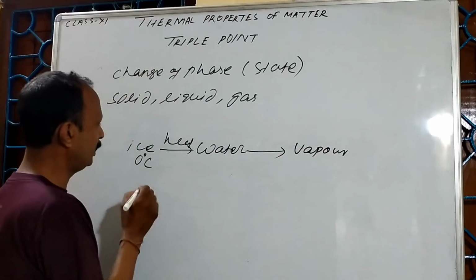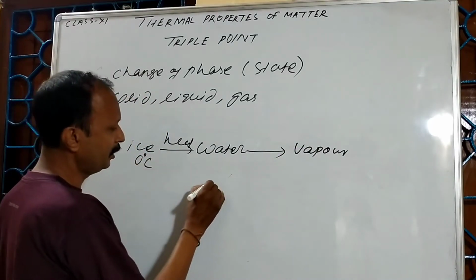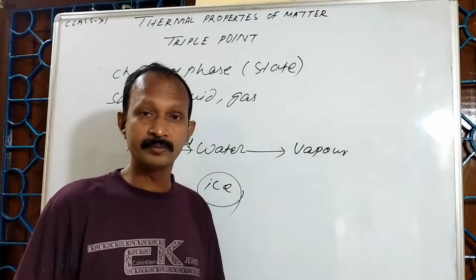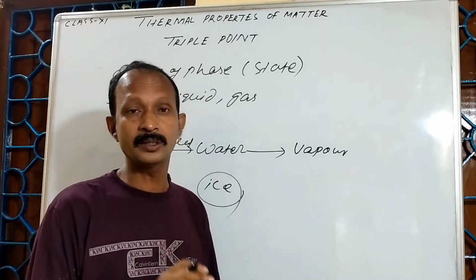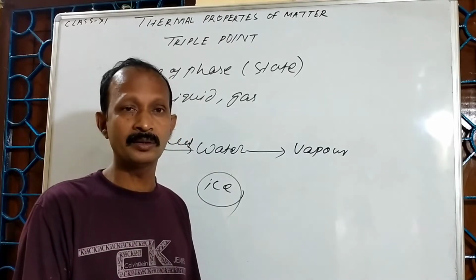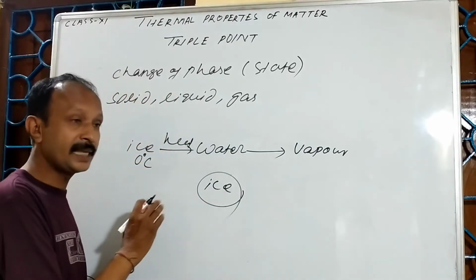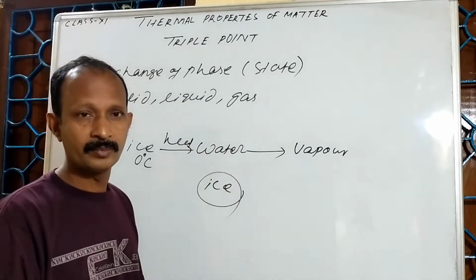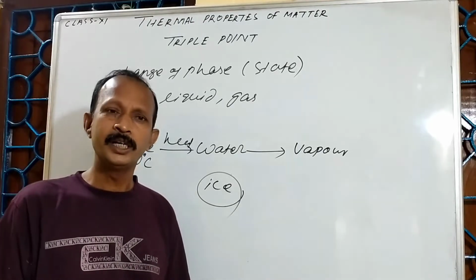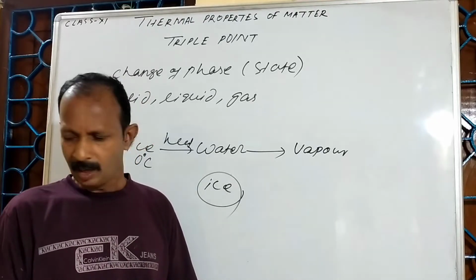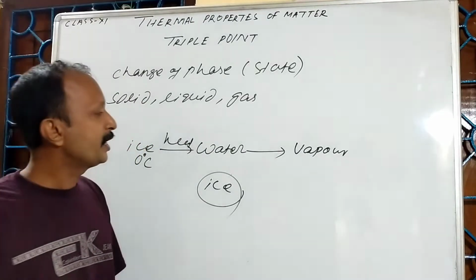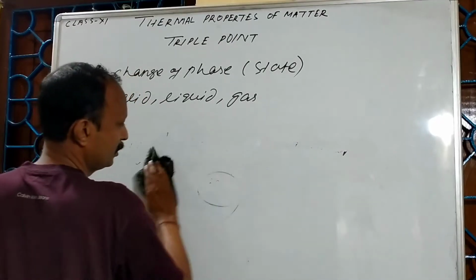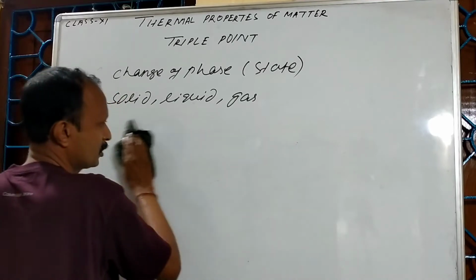That means I can say that ice can exist in three different states. Here I did not change the pressure. At the same pressure, a substance also can exist in three different states. It is possible due to transfer, or you can say due to exchange of heat. Then what do you mean by change of phase? The process of the change of a substance